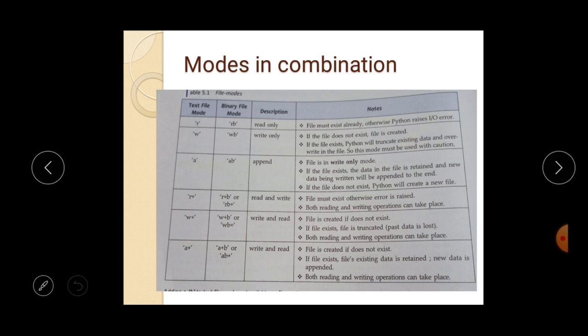And A plus works as the append mode works, and it also allows Python to read the content from the file.